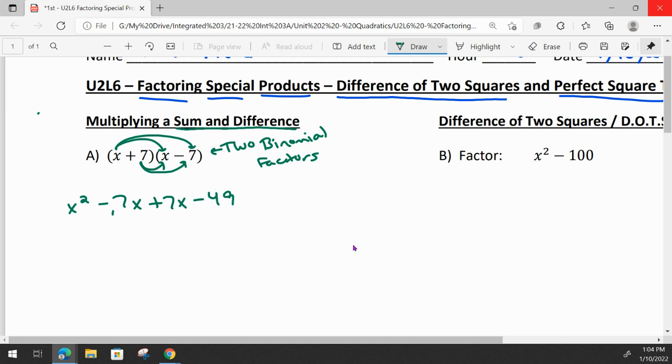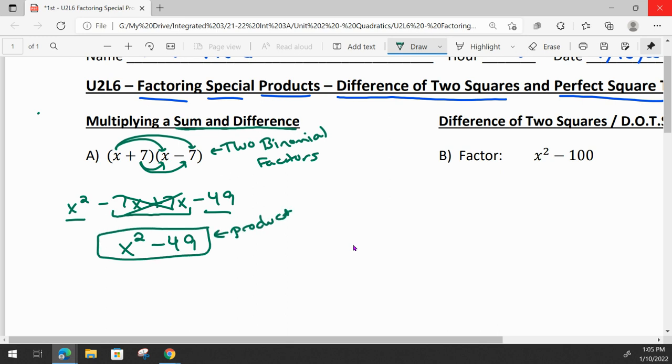On the inside, when we combine like terms now, a negative 7x and a positive 7x cancel each other out because it's basically going to be 0x, and 0 times anything is just 0. So we essentially end up with just a binomial, x squared minus 49. So this is our product, and we call this special product a difference of two squares, or just difference of squares,